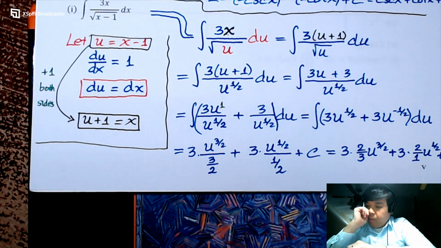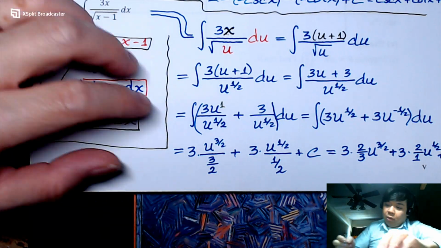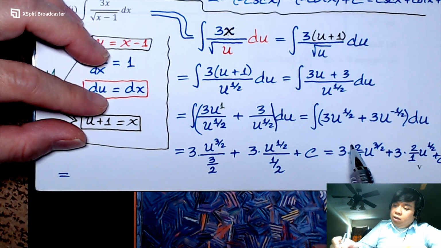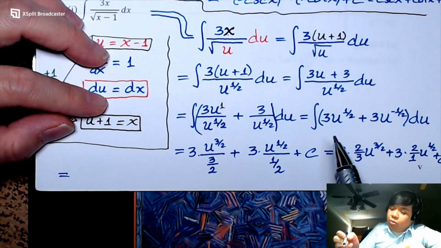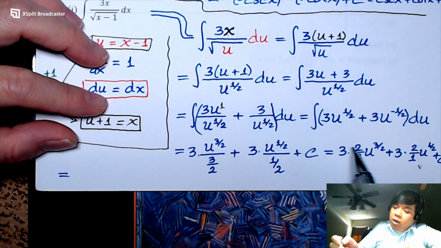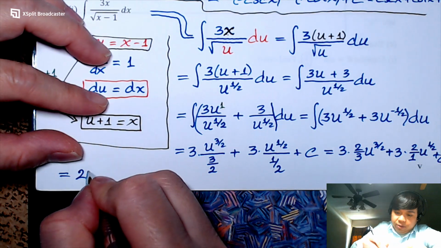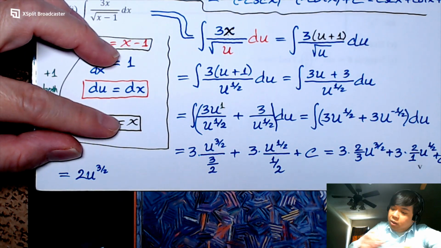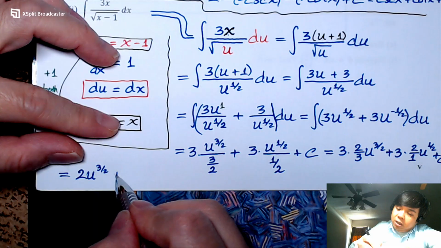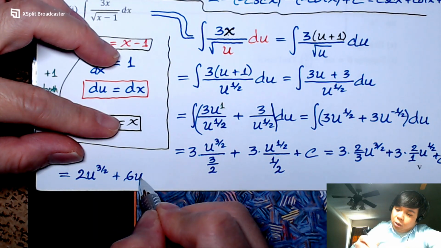Okay, and that gives us 3 and 3 cancel out, that's 2u to the 3/2 and 6u to the 1/2